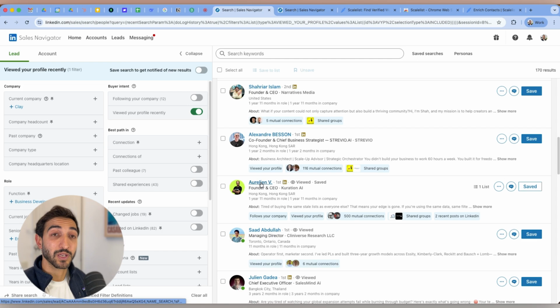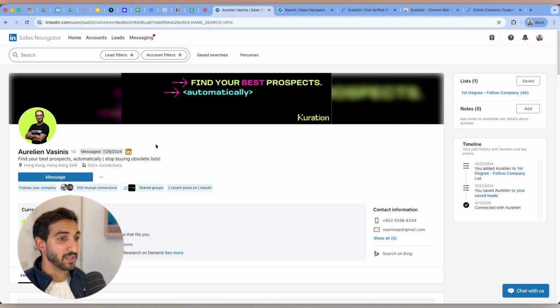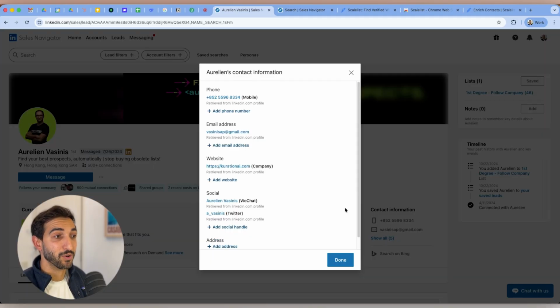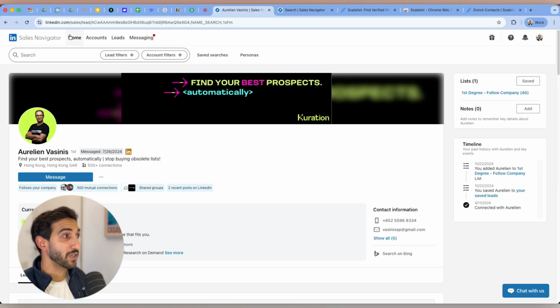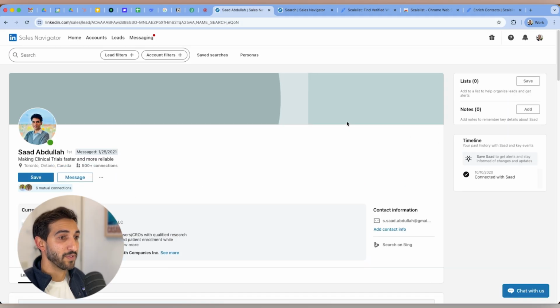But sometimes when you click on a person's profile and you visit it as well, so here I'm on this person's profile as well, I can see they have contact information available, so phone number as well as email address. I can even see all. They sometimes have their Twitter, he has a WeChat as well. So I can show you another example for another account. So person just below here, if I open the profile, I can see they also have their personal email address